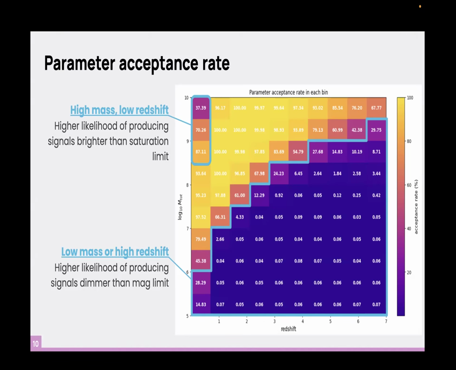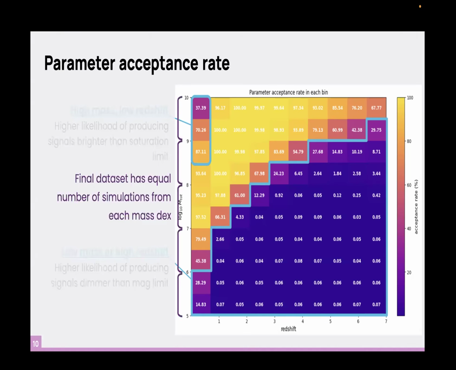And then the opposite case for the low mass or high redshift cases, a lot of those are too dim, so we have to throw out those parameters, reject them, and reselect over and over again. So we have these 2 different regimes where we're seeing a lot of rejected parameters from the simulations. And then just to clarify, our final data set does have an equal distribution from all of the different masses so that we're not over-selecting the higher masses. And so we simulate each of the mass ranges independently so that we're forcing each of those ranges